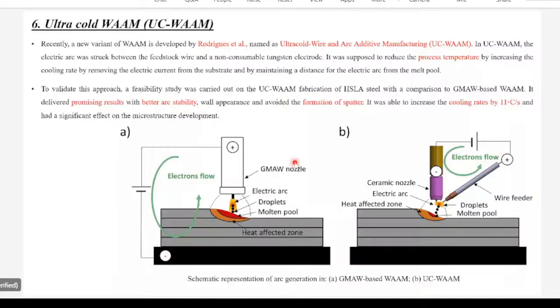So first of all, we now have to check how to optimize the weld bead, because for making a WAM component we have to start from the basics. We have to start from the different process parameters we have to set, and we have to set how we can get a